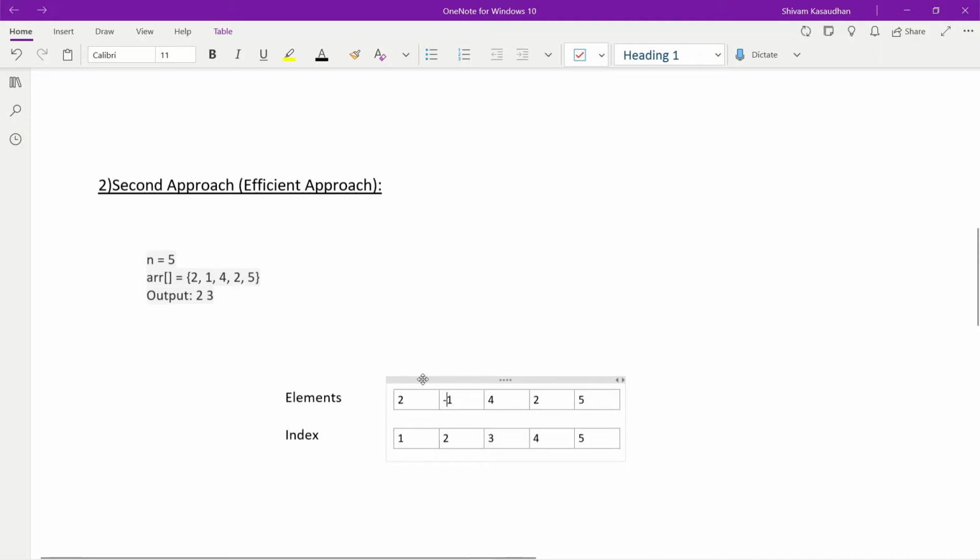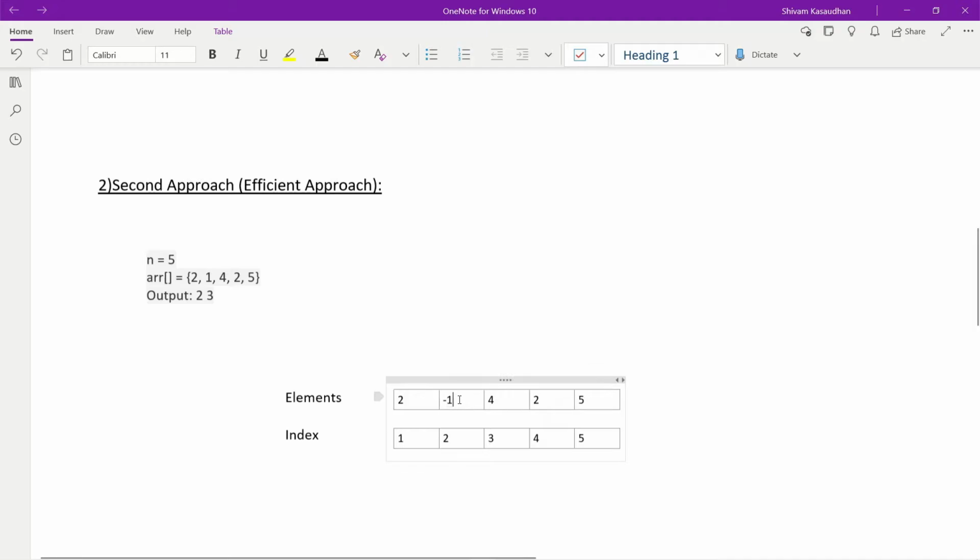In the same way, first element pointing is done. Now it will come to second element. Now what I will do, there is no -1 index in this array. You can see 1 2 3 4 5. There is never a -1 index in an array. So what I will check, I will check the absolute value of all these elements.